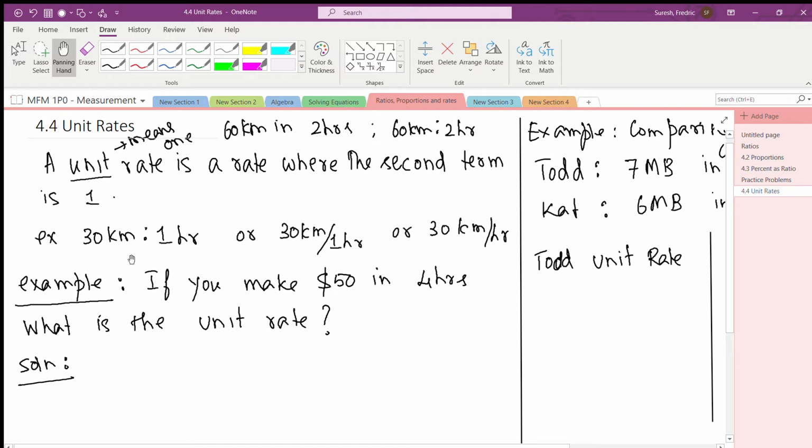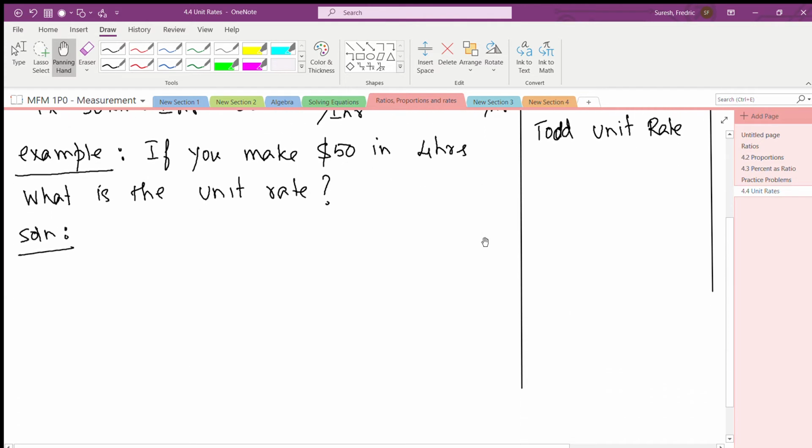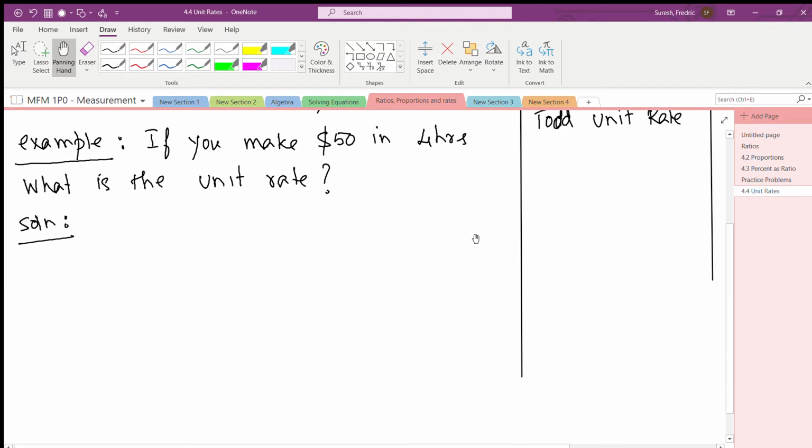Remember, you can write this ratio as 30 kilometers per 1 hour. You don't have to write the one. If you don't, it will look like this: 30 kilometers per hour, which is the same thing as 30 kilometers per 1 hour. So in this example here, if you're making $50 in 4 hours, what would the unit rate